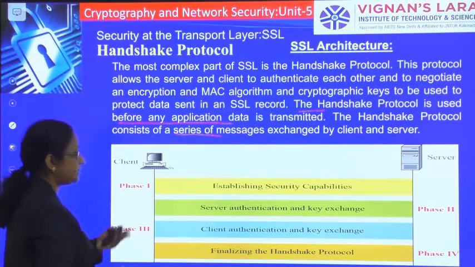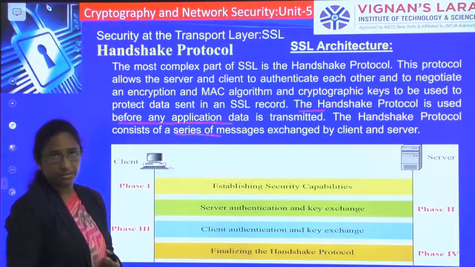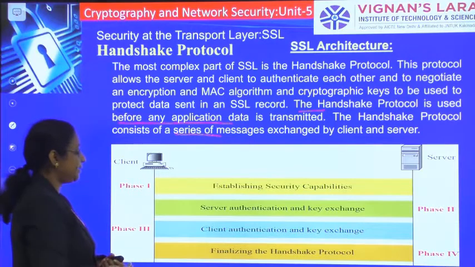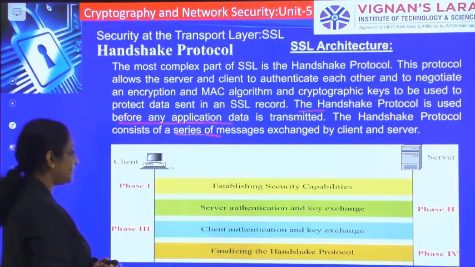In this handshake protocol we have 4 phases.